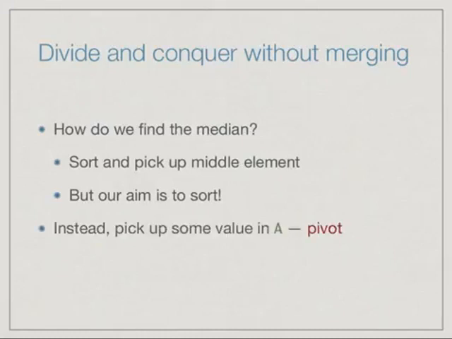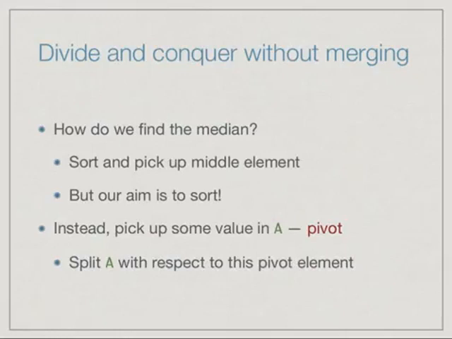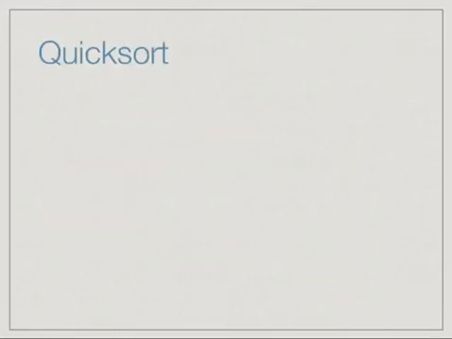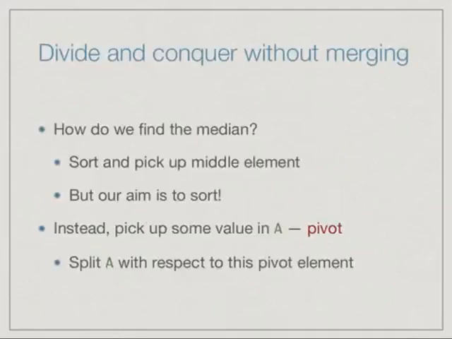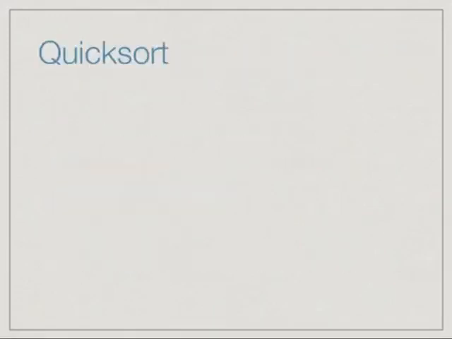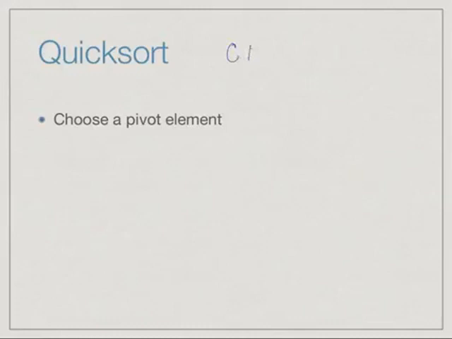So this means that we have to try the strategy out with a more simplistic choice of element to split the list. So instead of looking for the median, we just pick some value in the list A and use that as what is called a pivot element. We split A with respect to this pivot so that all the smaller elements are to the left and all the bigger elements are to the right. So this algorithm is called quicksort. It was invented by a person called Tony Hoare in the 1960s